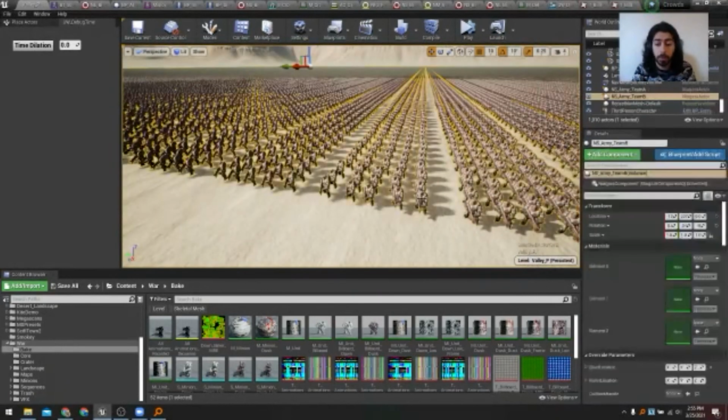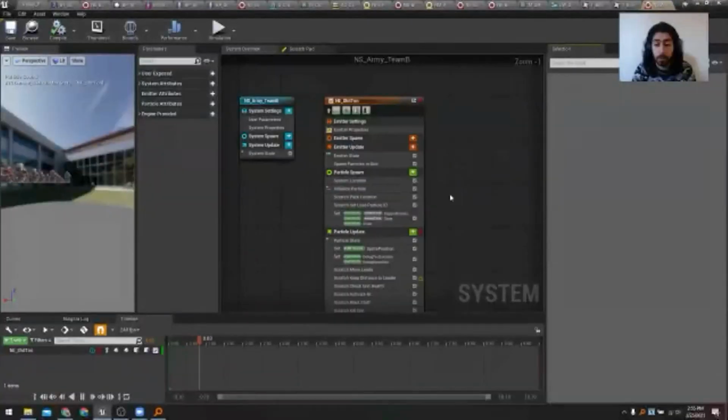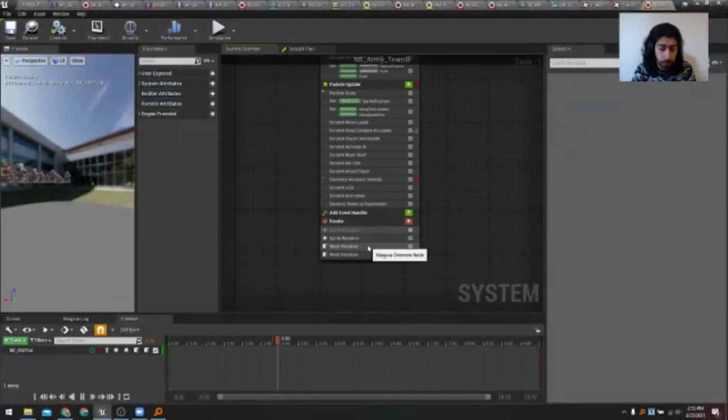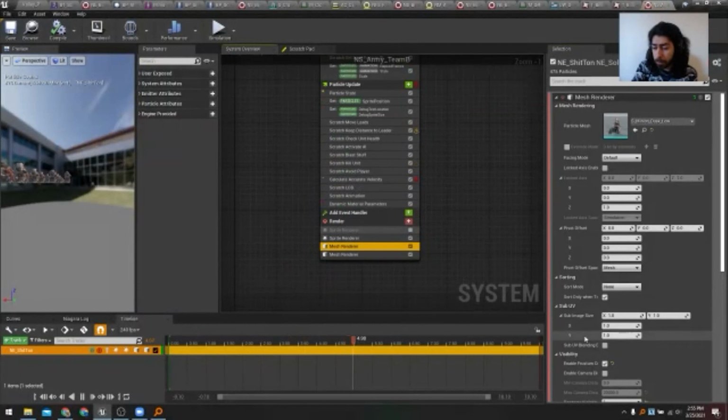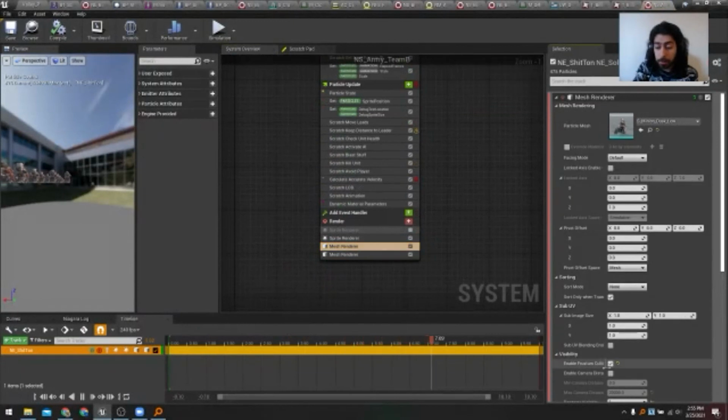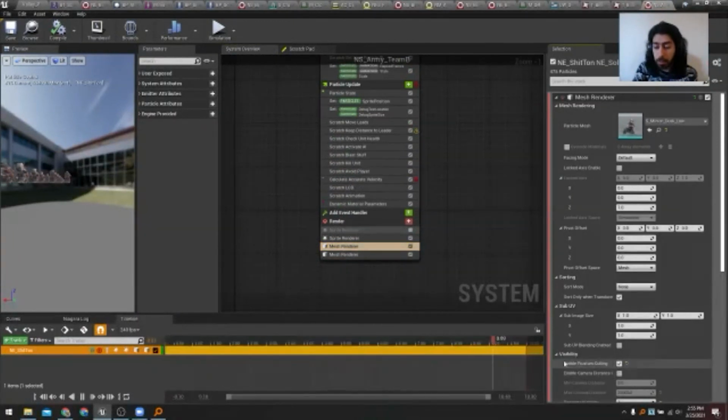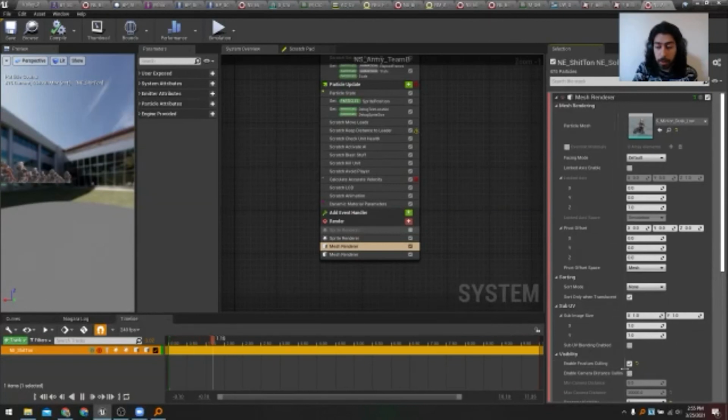Another thing you can do, by going to the particle effect itself, there are some handy settings you can use. So you can enable frustum culling, meaning anything that is not viewed inside of the camera will not be rendered. So this is an automatic optimization you can just use. You can also cull by distance if you want.